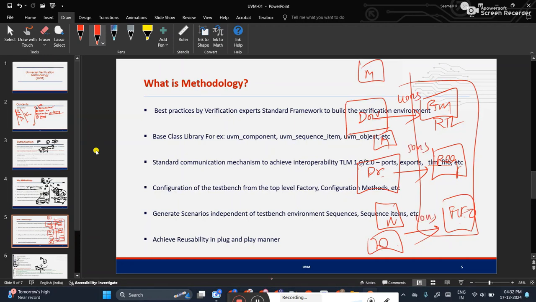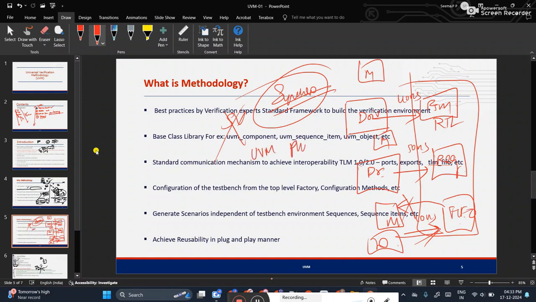Now just imagine, who will complete the work first? Of course FIFO will complete first, at 10 nanoseconds. As soon as FIFO completes the simulation, do I have to send the output to the monitor? No, I should wait for the register and FSM to complete the simulation. That is called synchronization, the understanding between the components. This synchronization is actually not maintained in SystemVerilog, but here in UVM we have a concept called phases.